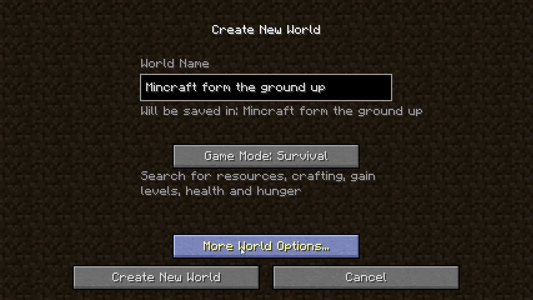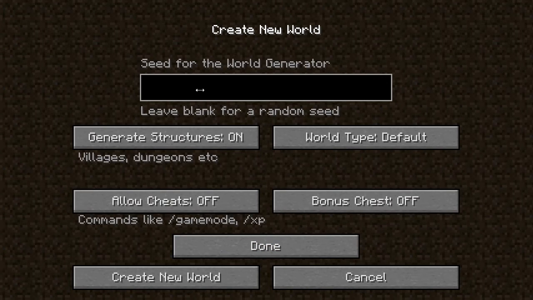Now we want to click the more world options. Let's go over those real quick. So this part up here is the seed. This is what's going to guarantee that the world you're in and the world I'm in are identical as far as how they're formed. And if you're playing along with me and you want to do the exact same, you want to type